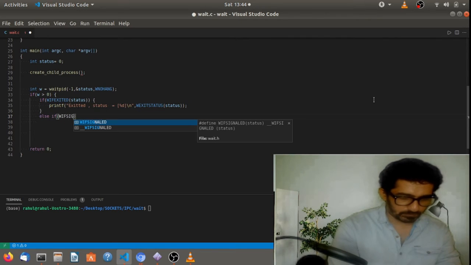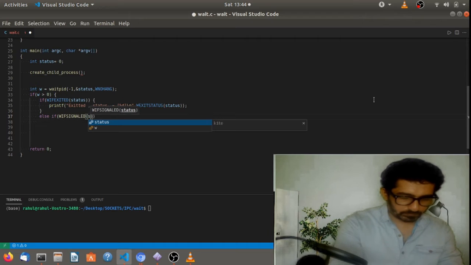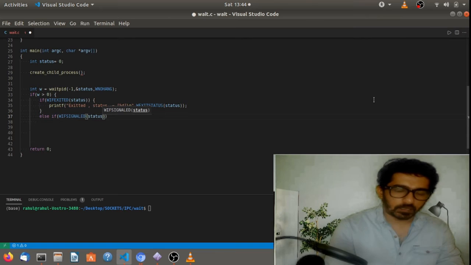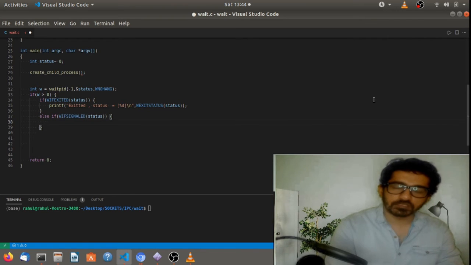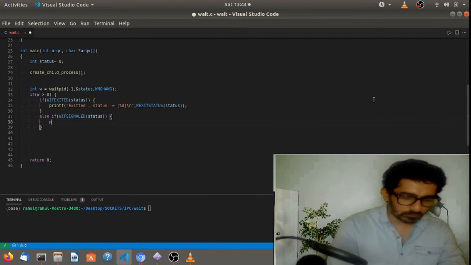So we have WIFSIGNALED, right? This macro will check whether the child process has been signaled. If we want the signal number by which this child process was terminated, we need to printf here also: the process got the signal, and the signal number here.